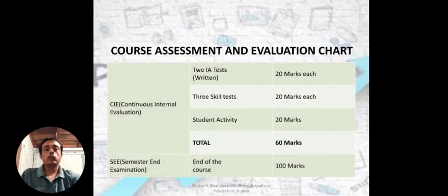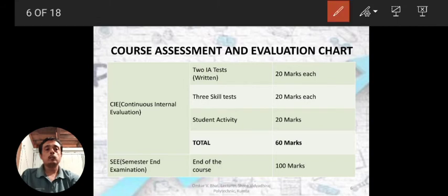So you are going to be evaluated in 2 manners. One is CIE, that is continuous internal evaluation. Throughout this particular course you are going to be evaluated. Then second manner is using semester end examination. So at the end of the semester examination is conducted. So you can see CIE.